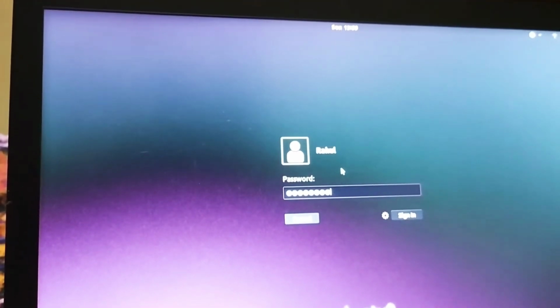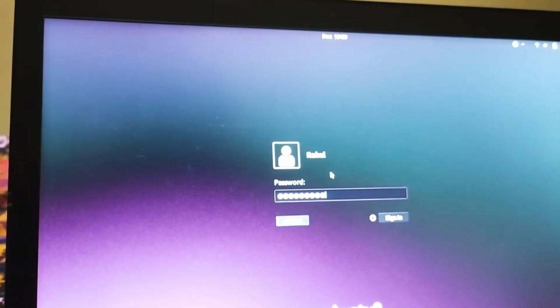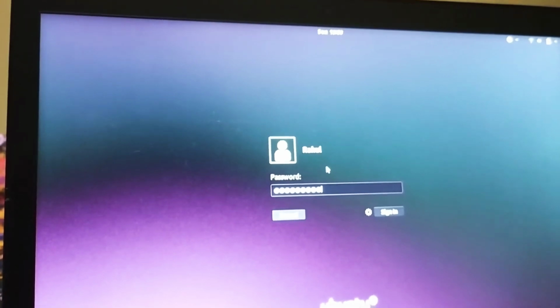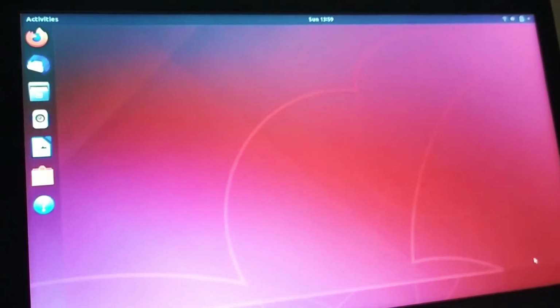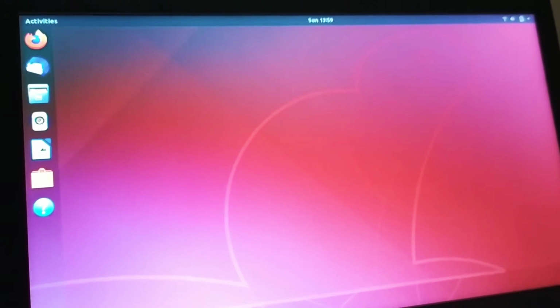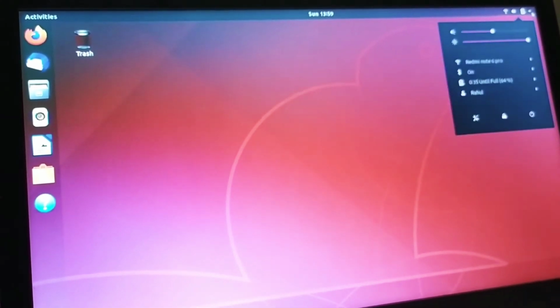This password should be the same one which you had entered when we were seeing the option to create a user. Oh yeah, so we have it. Let's go to settings.